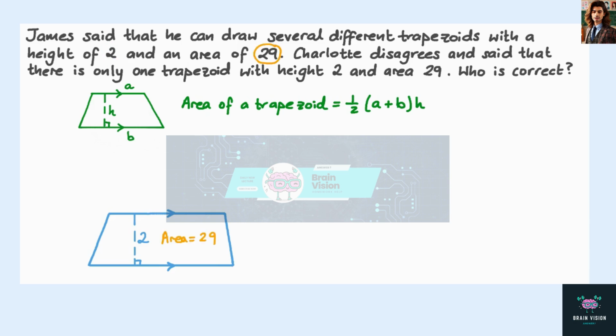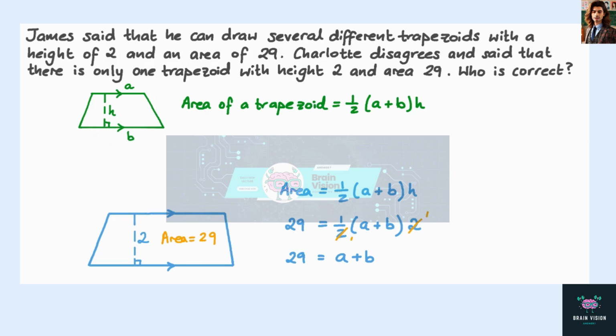Now let's see how we could designate the lengths such that the area is 29 square units. We can take the general formula for the area and fill in an area of 29 square units and a height of 2 length units, which gives us 29 equals 1/2 times (a + b) times 2. Cancelling the factor of 2 from the denominator of 1/2 and the 2 being multiplied would give us 29 equals